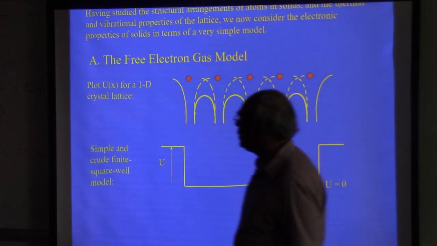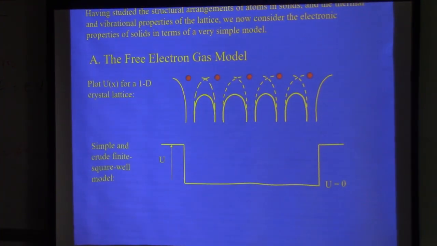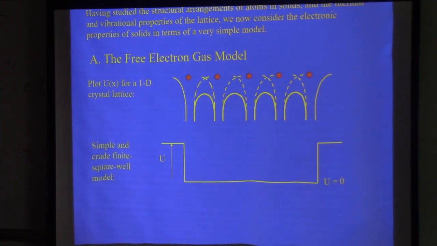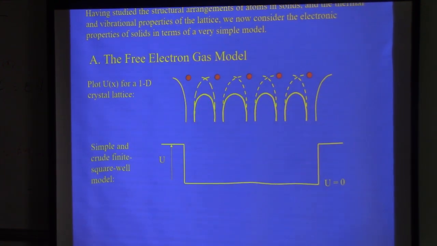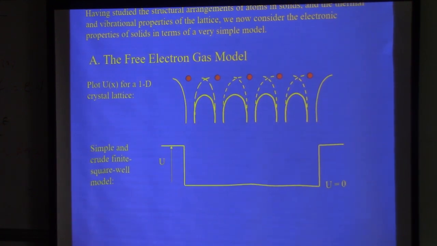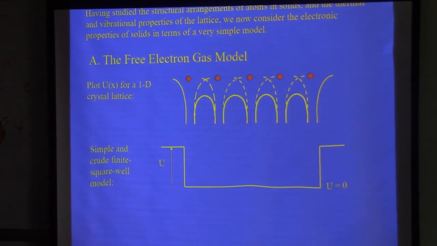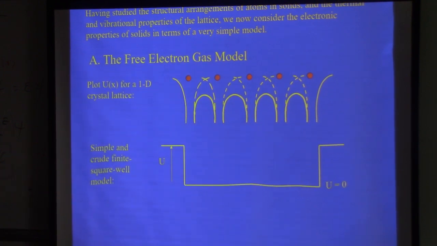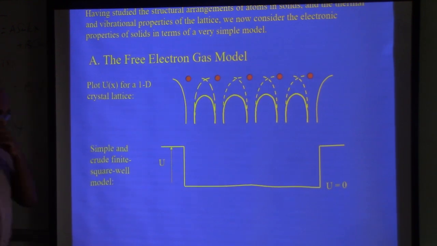So if you use this one, what we get here is d squared psi over dx squared equals negative 2mE over h bar squared times psi, right? So usually we write this as k squared. You are familiar with this one, right? To write the solutions, you can write psi of x as a sine kx plus b cosine kx. So then if you